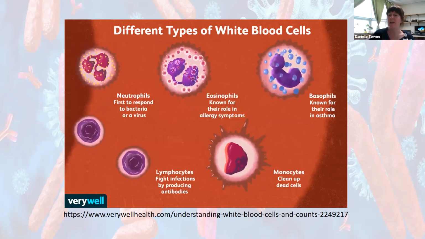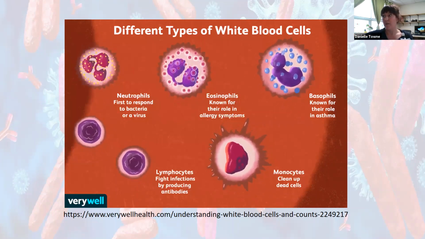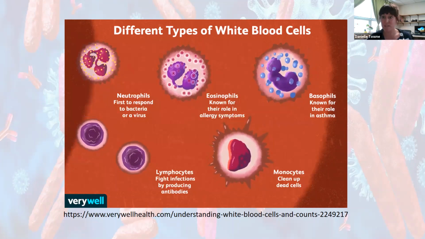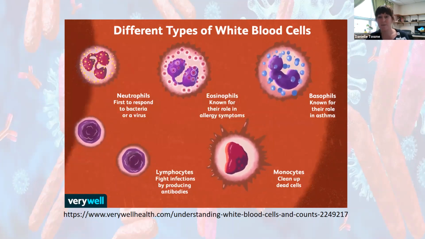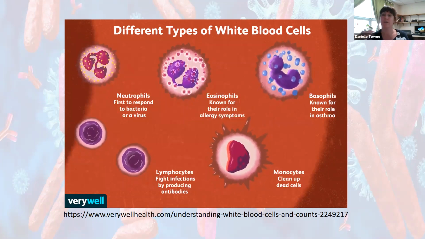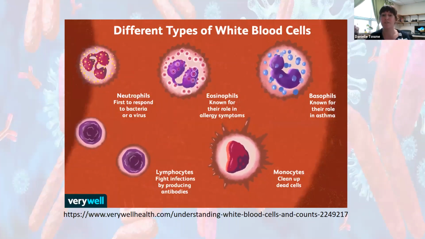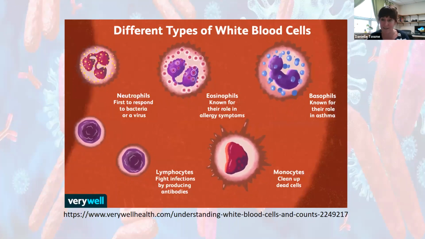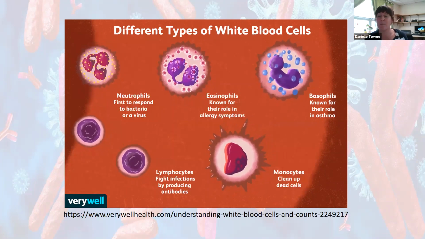Well, your WBC is giving you an overall number of how many white blood cells, right? But it's not specifying which ones. So you run a CBC with differential. You'll hear it referred to as a CBC with diff, okay? It measures the percentage of the various types of white cells present in the blood. In doing this, you can see which white blood cells are the most prevalent,